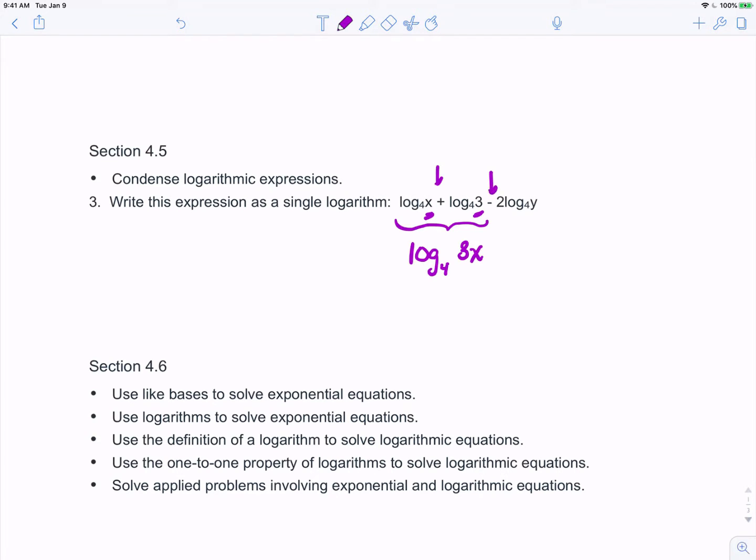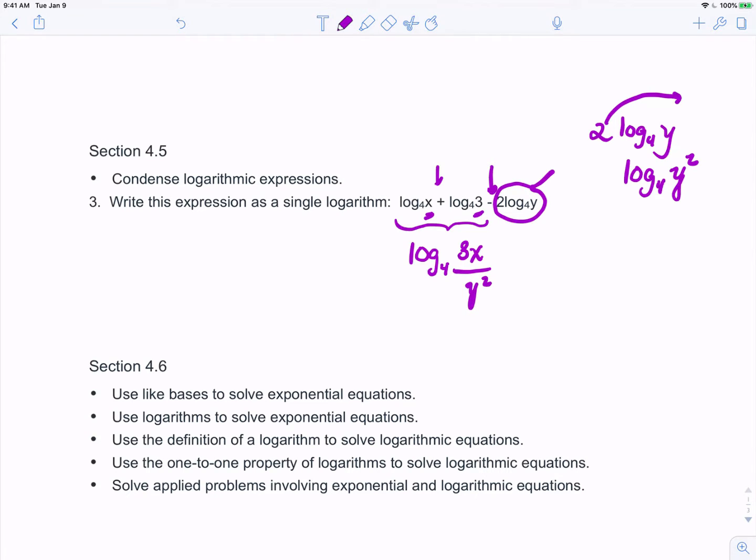Now we know that subtracting is the same as dividing, but before we do that, let's take a look at this piece right here. This piece is 2 log to the base 4 of y. We know that a number in front is the same as a power, so we could rewrite that as log to the base 4 of y squared. And because we're subtracting, we know that subtracting 2 logs is the same as dividing. So we would have log to the base 4 of 3x divided by y